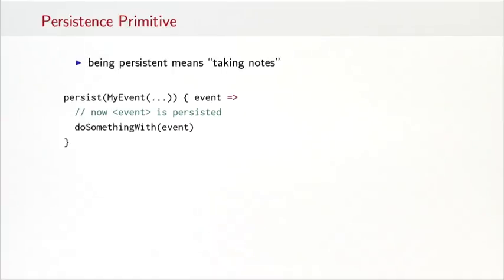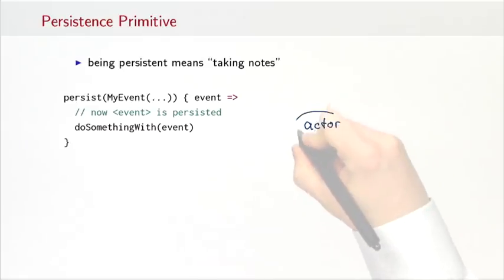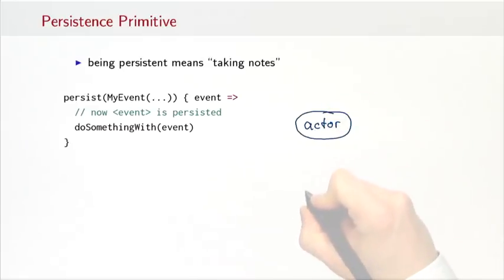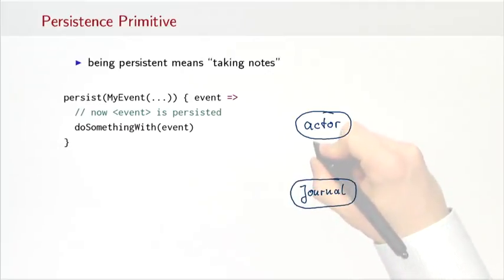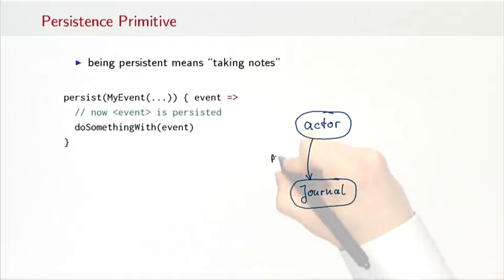First of all, we must create the event itself. Let's say we have a class myEvent that we construct with some arguments here. Passing this into the first argument list of the persist method means that this event is sent to the so-called journal. We have here our actor that wants to persist things. And in the system we have another actor that understands a certain set of messages related to persistence. Calling the persist method means sending a message to this journal